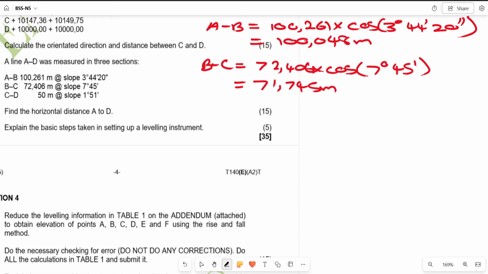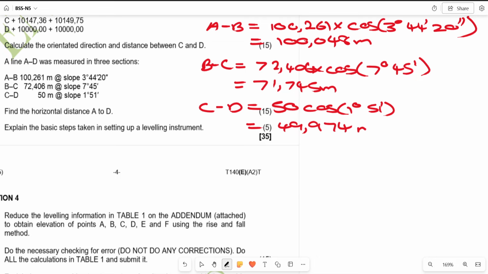And then we're going to say CD is equal to 50 cos 1 degree 51 minutes, right? And what we will get is 49.974 meters. And now to get the horizontal distance, we have to add them now,